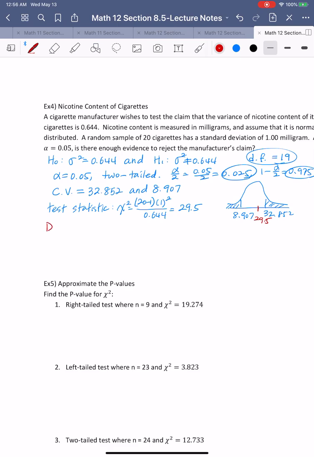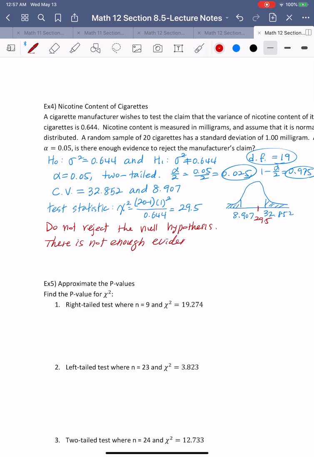So we do not reject the null hypothesis, which means there is not enough evidence to reject the manufacturer's claim that the variance of the nicotine content of the cigarette is equal to 0.644. Okay, all right. So this is a step where you need to say